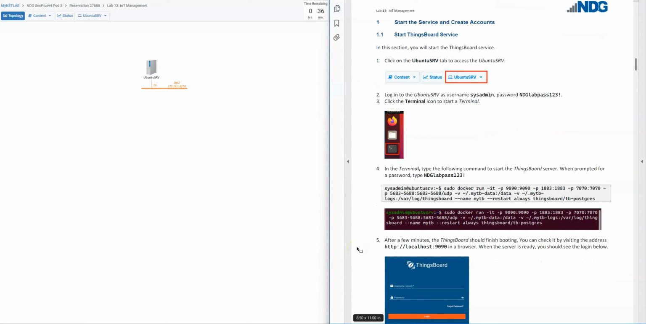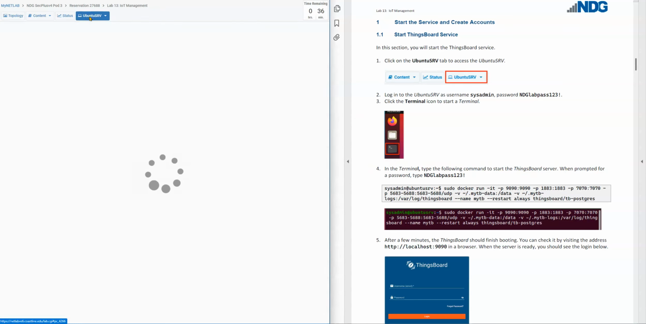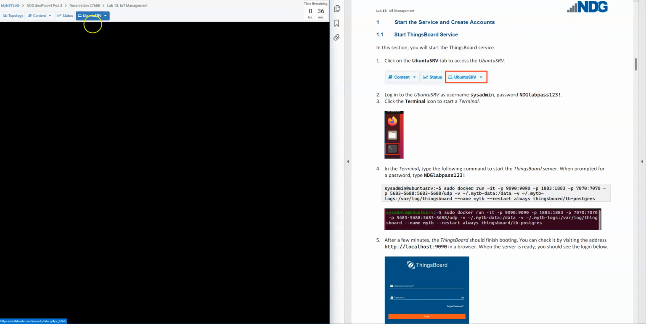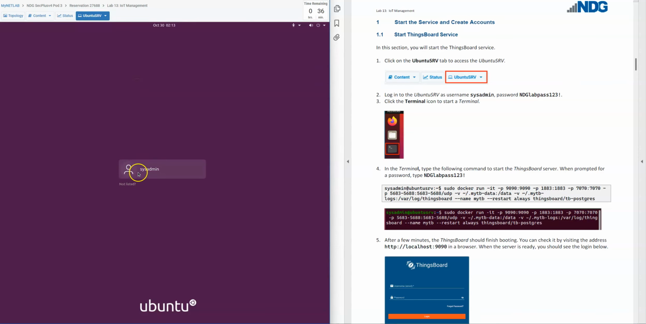So for our first lesson, we're going to start the service and create accounts. We're going to start the ThingsBoard service. So first we have to start up the Ubuntu server. We're going to select the Ubuntu server on the top menu tab. And then as that starts to load, we should be able to see the sysadmin